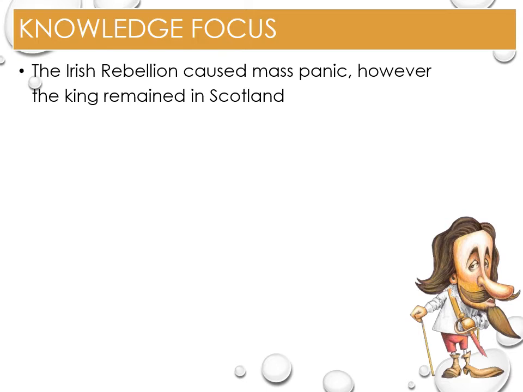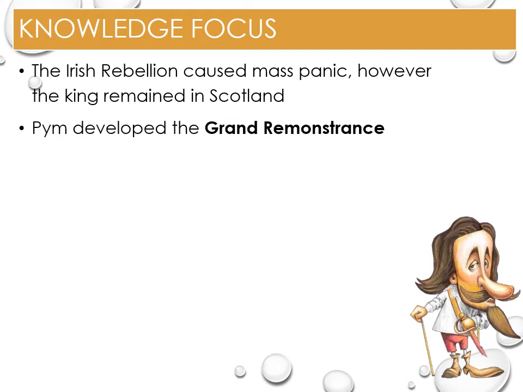The king remained in Scotland, refusing to return to London to deal with the issue in Ireland, meaning the army remained in Scotland. The debate over who controlled the army reignited. Pym, further annoyed by the king, wrote the Grand Remonstrance, a document with over 150 complaints about the king's reign